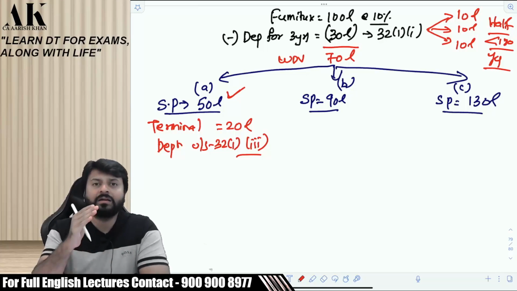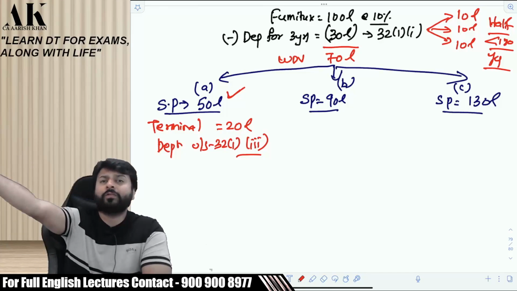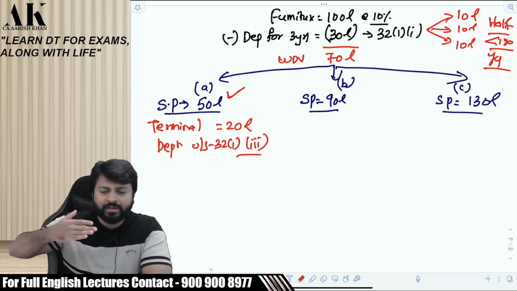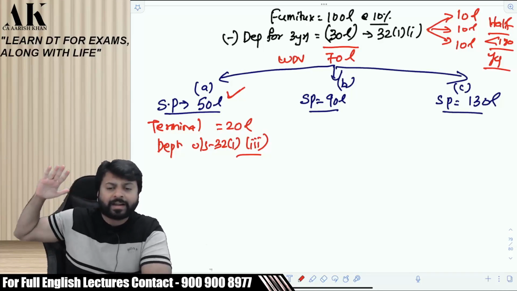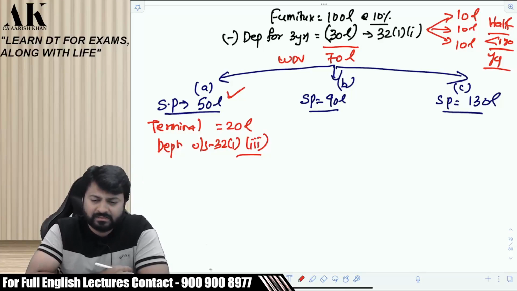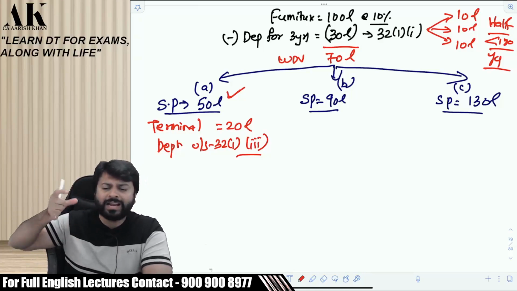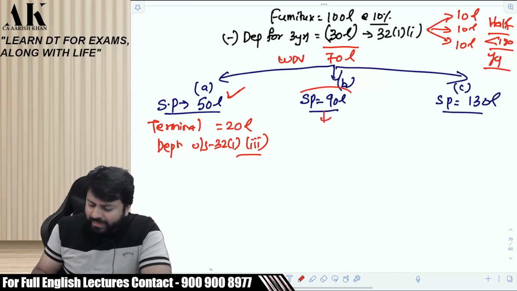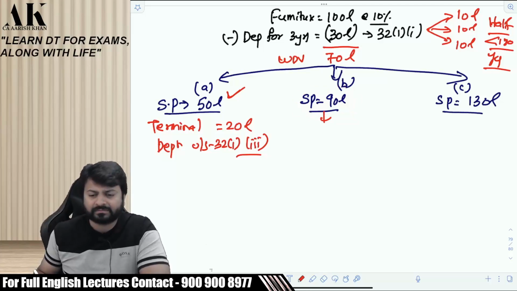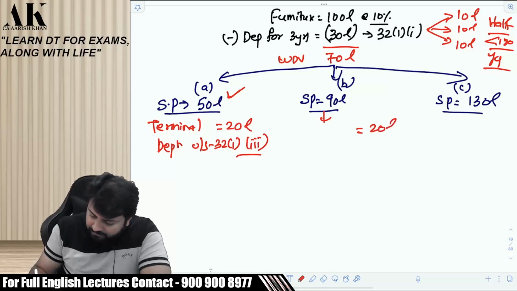So if the sale value is more than WDV but less than cost, listen carefully, it means it is more than 70 but less than 100. Yes or no? More than 70 and less than 100, that only, na? Then in that case, in case 2, are you able to realize the differential amount of 20 lakhs is known as balancing charge